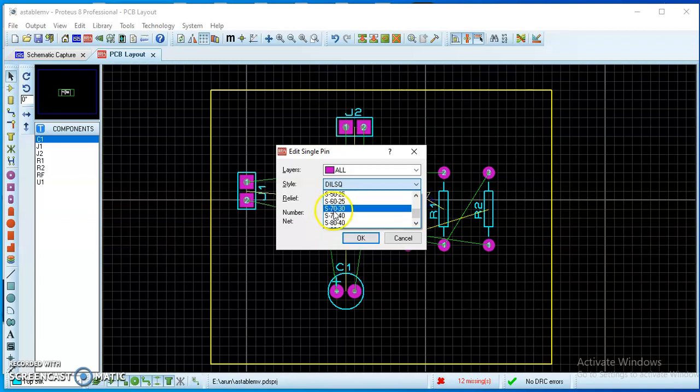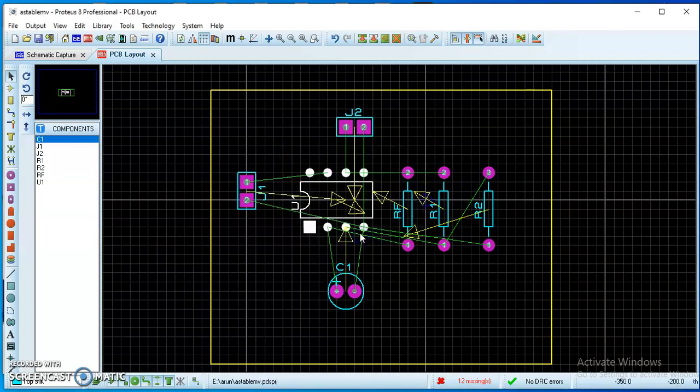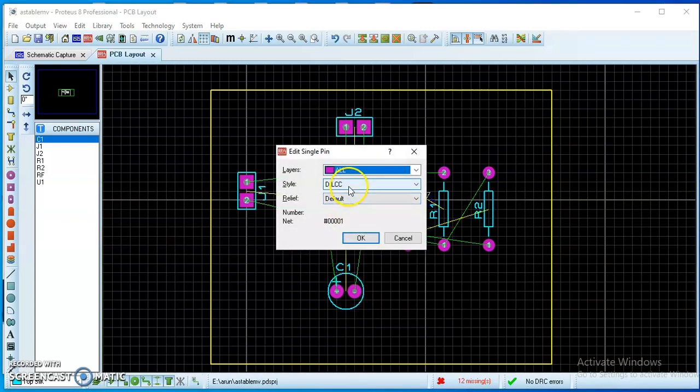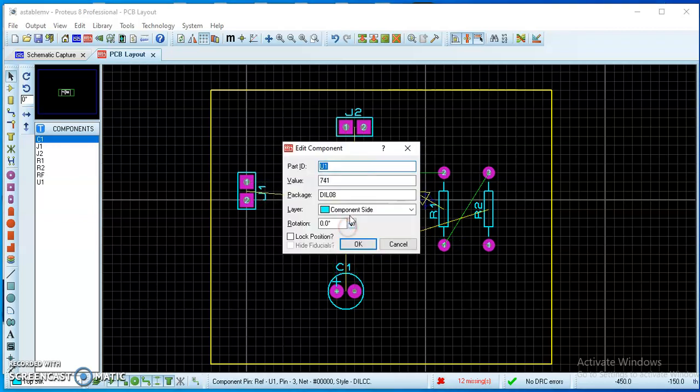Choose at least size 70-30. So I am choosing it as 70-30 for better PCB. So you can see the change in the size of pin. And again for the next pins we can perform the same operations. So here I am choosing circle shape pins. So you can select C 70-30, and for next one again